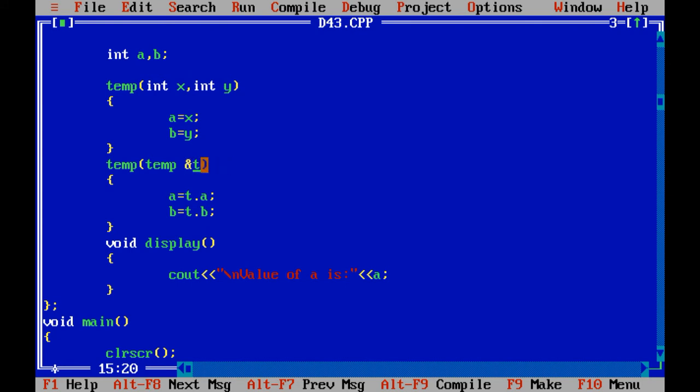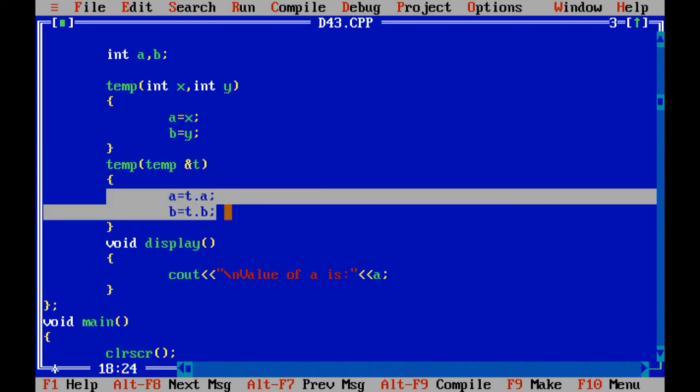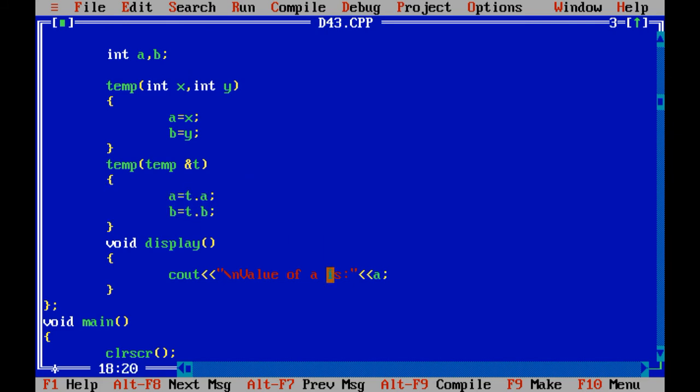In these cases, t has two properties, we can say a and b, right? In our previous case, t has only one integer property, that is a. In the first program, t has only one property called name, right? So over here I have taken a and b, t dot a, t dot b.